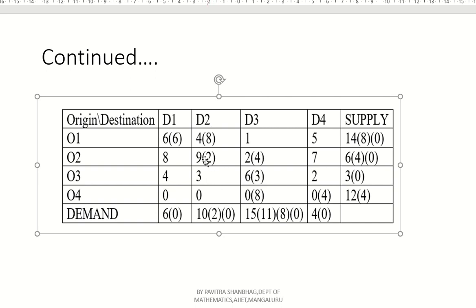Now after assigning the value 2 here, what remains? It will affect the supply also, right? After assigning this 2 here, 6 minus 2 will give us 4. Now 4 remains. Since we have eliminated this column, even the first row, leave that. Now concentrate on this: second row, third column.